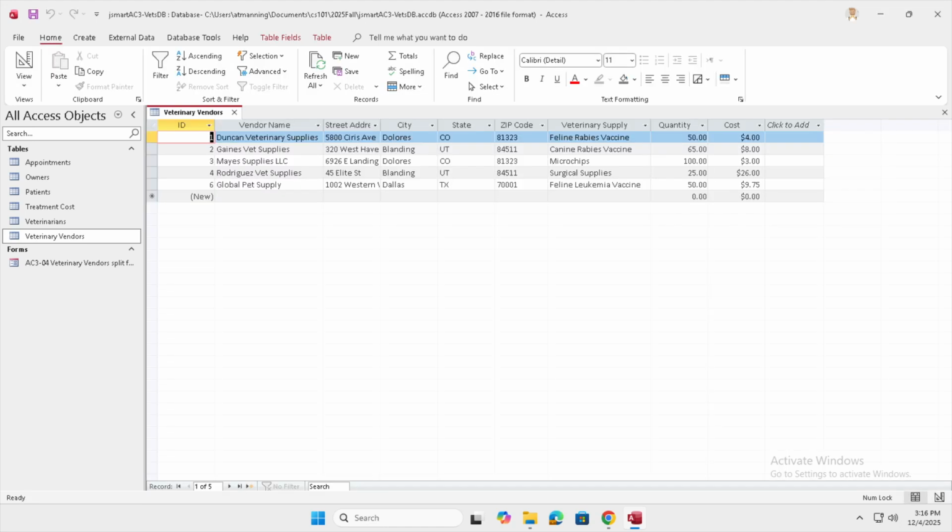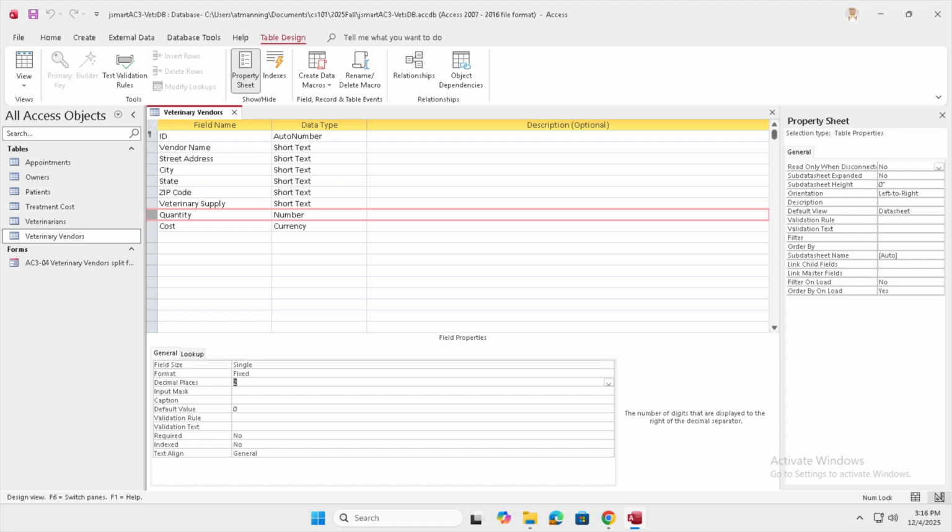It doesn't warn me about losing any information because it knows going from an integer to a real number, that's what a single precision floating point is, you're not losing information. But going the other direction, it would say, hey, you might possibly lose information because there might be something after the decimal that I'd be throwing away. So I could now enter fractional numbers here in the quantity. I'm going to leave them alone for now. But there's a significant change I've made. I'm now allowing fractional values in that field. Okay? And that was what we call a design change. It's always safest to do the design changes